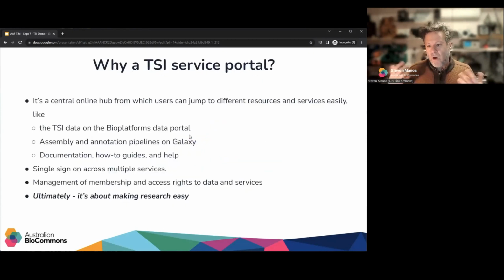So why would we have a TSI service portal or a community hub? We're still working on the name. Well, it's a central online hub from which users can jump to different resources and services easily. As I said, it's like TSI data on the BioPlatform's data portal. It's like accessing assembly and annotation pipelines on Galaxy, and also being able to access documentation and how-to guides and